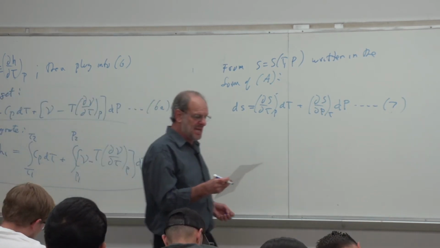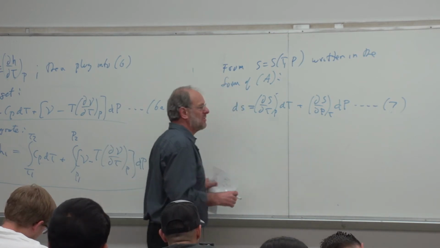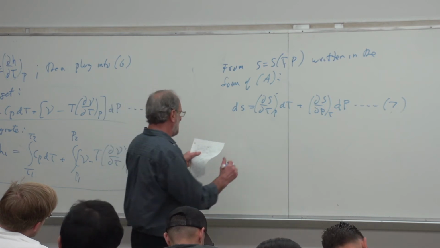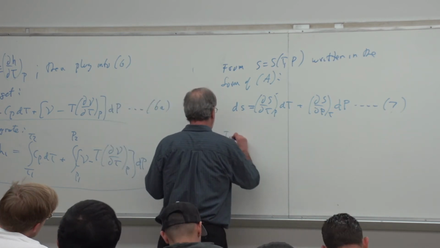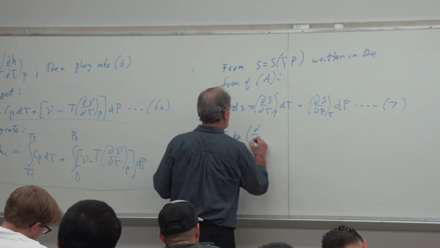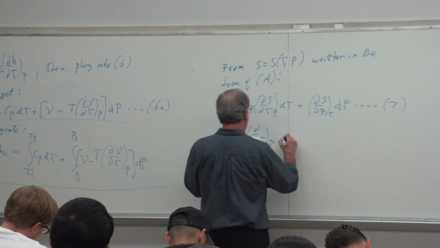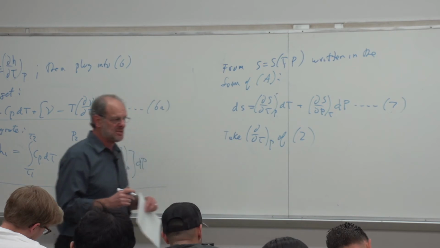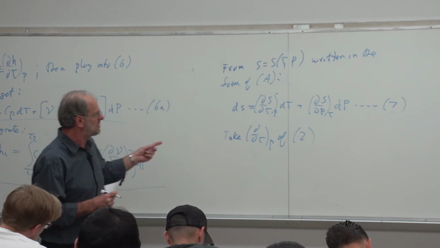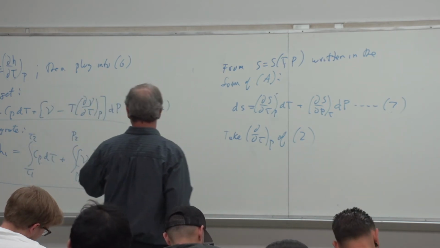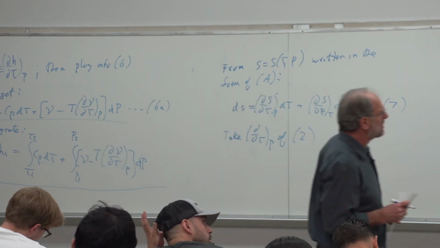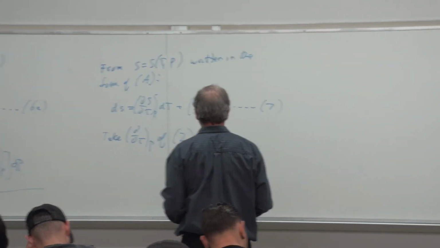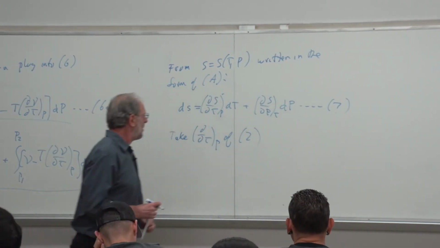And once again, I need to fiddle with other equations. I'm going to have to go back to another one of my TdS relationships, just like I've done before. So now I'm going to take the partial with respect to T holding P constant of the second TdS relationship, the equation that I call equation 2. Did I ever rewrite equation 2 anywhere? Yeah, it's that one, dH equals TdS plus PdV. Okay. So I'm going to do that,